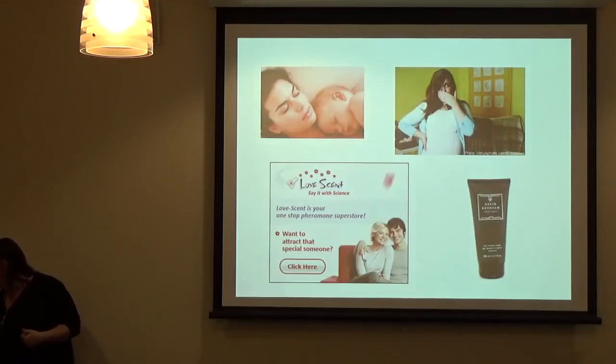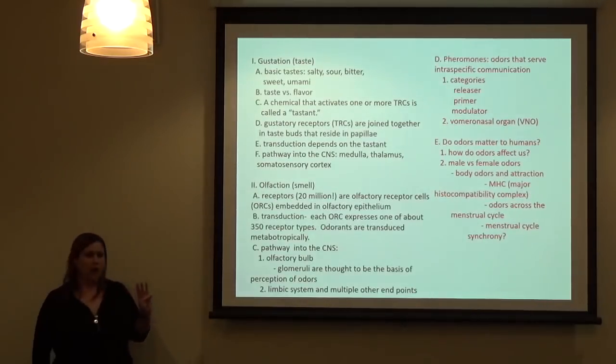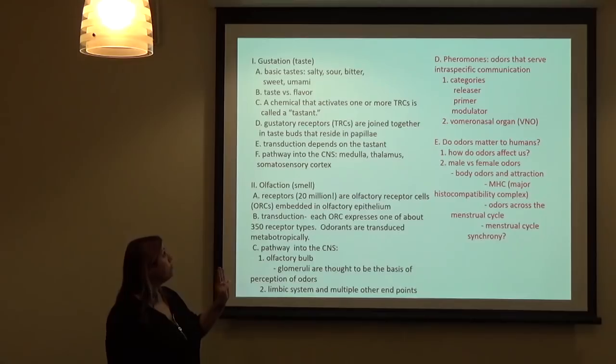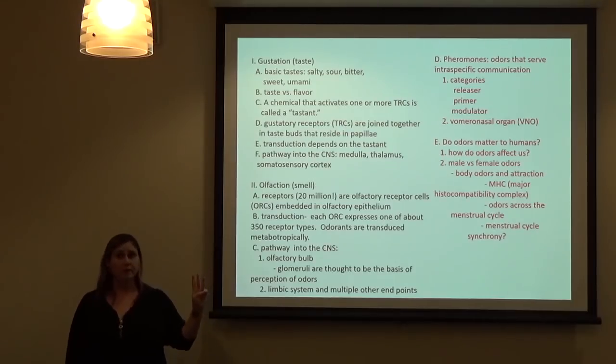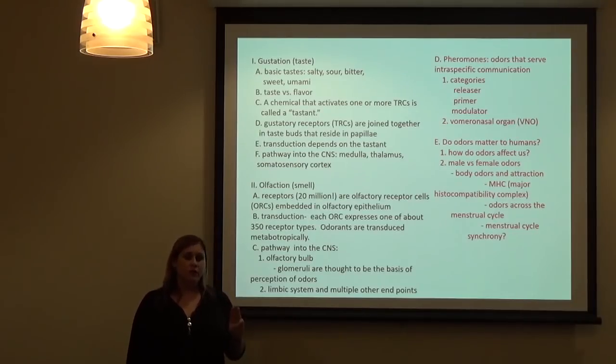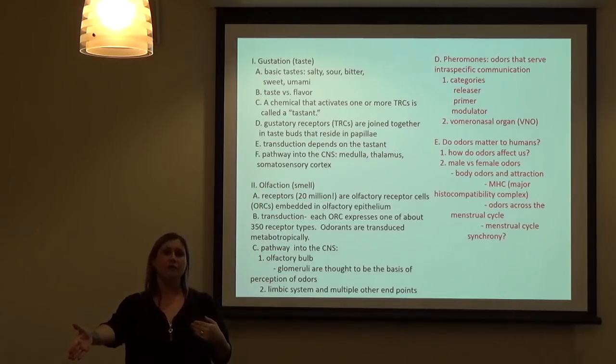The three different kinds of pheromones that we know of are called releaser, primer, and modulator pheromones, okay? And they do slightly different things. A releaser pheromone, like let's say a member of your species emits a releaser pheromone, okay? When another member of the species receives the releaser pheromone, it forces the animal to do a certain behavior. It triggers a certain automatic behavior. And I'll give an example.